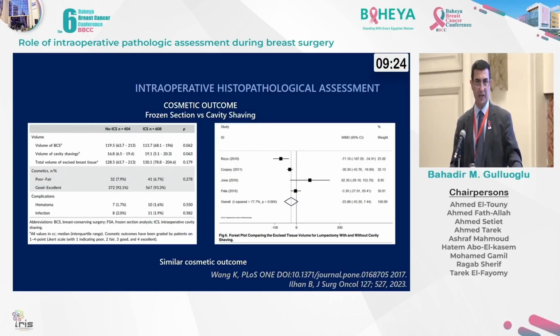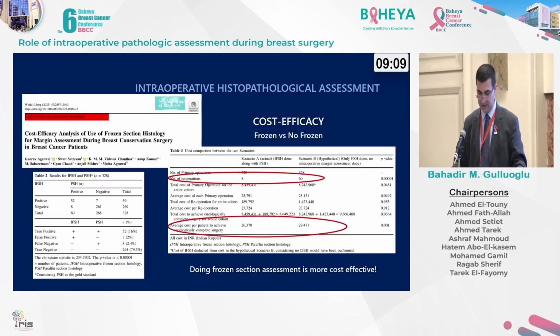What about the cosmetic outcome other than reoperations? With the frozen section, you do a small resection. With cavity shaving, you may have some question in your mind: maybe it's a larger resection. No. The studies so far in the meta-analysis said that they have similar outcomes. And regarding cost efficacy, they are both the same,